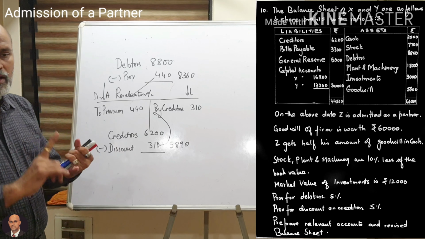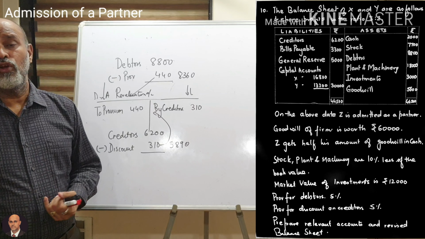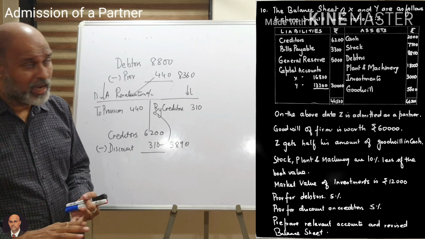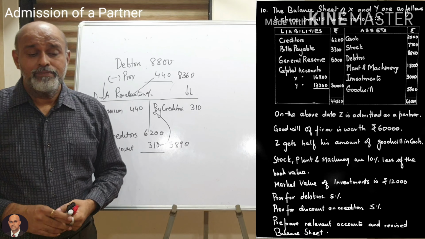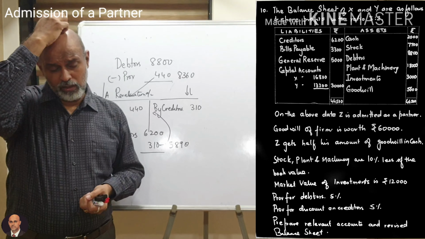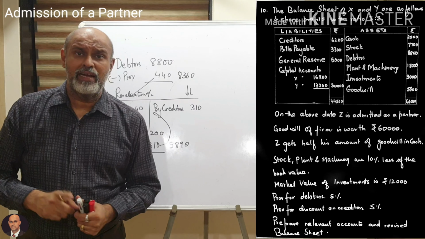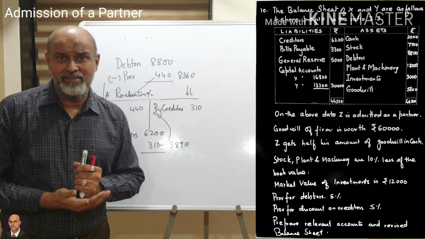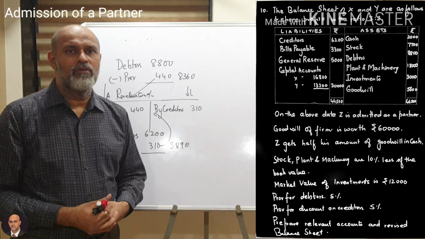As usual, balance your revaluation account and transfer the profit or loss to the partners' capital account. Balance the partners' capital accounts, yes, after you finish with Z's adjustment. Okay, and transfer the amount to the revised balance sheet. Balance the cash bank account, transfer it to the assets, goodwill account, as usual balances, balance the balance sheet. Okay, finish this sum for homework.